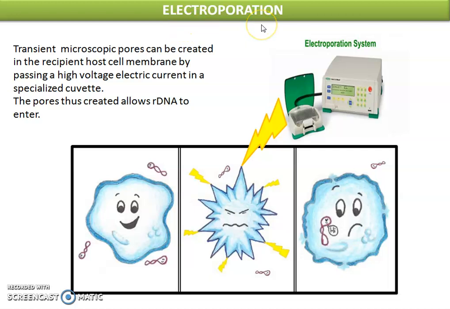Then electroporation, very simple. You have an electroporator or an electroporation system connected to the chamber in which we are having sample of DNA and cells in a cuvette. So this electric charge, when applied to a normal cell which is surrounded by the DNA of interest, the shock makes the cell wall and the membrane allow DNA to take in. See the cell, it has taken in the foreign DNA. So it's a very simple high voltage electric current application.